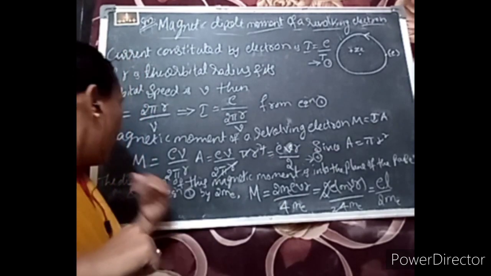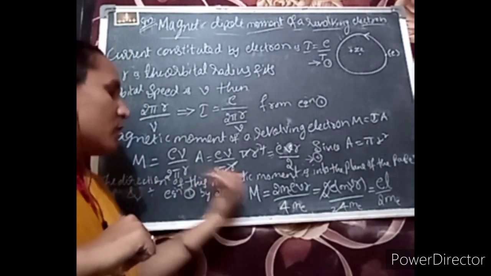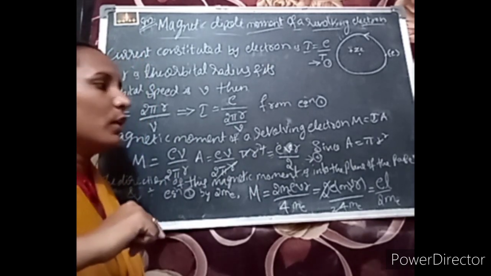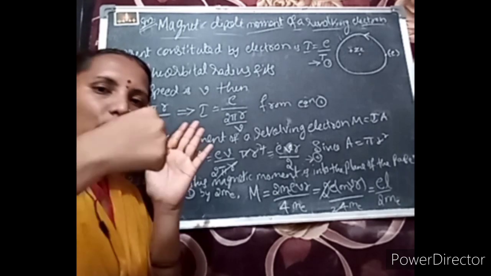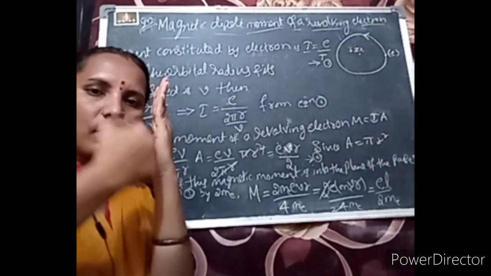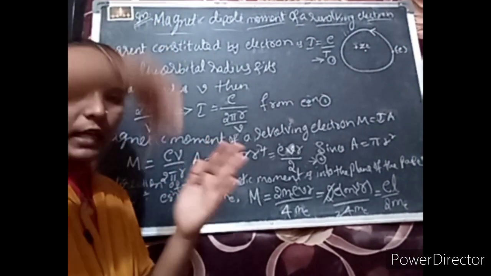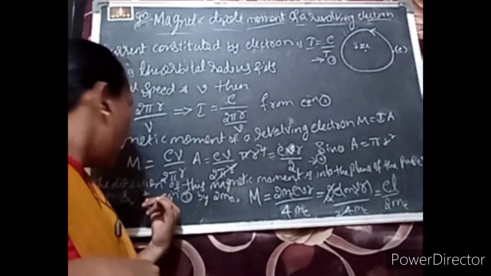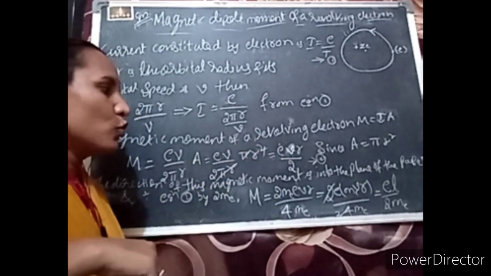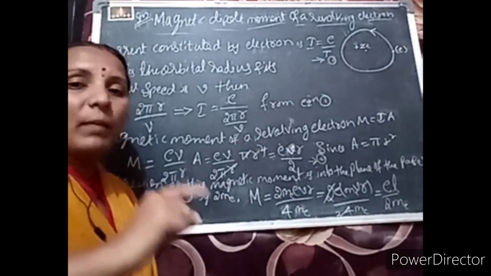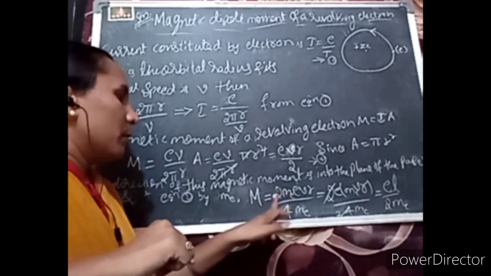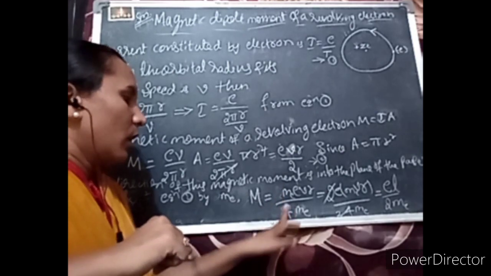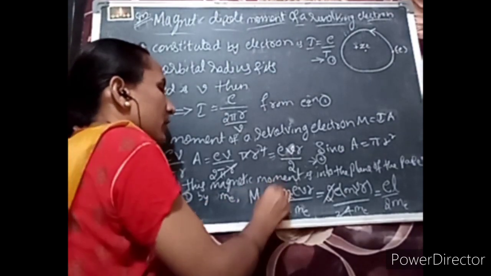r square. So then the direction of this magnetic moment is into the plane of the paper. The magnetic field is inside, going like this, in the paper. So then next, dividing and multiplying equation 2 with m, so it is easier for us. Divide and multiply with m.